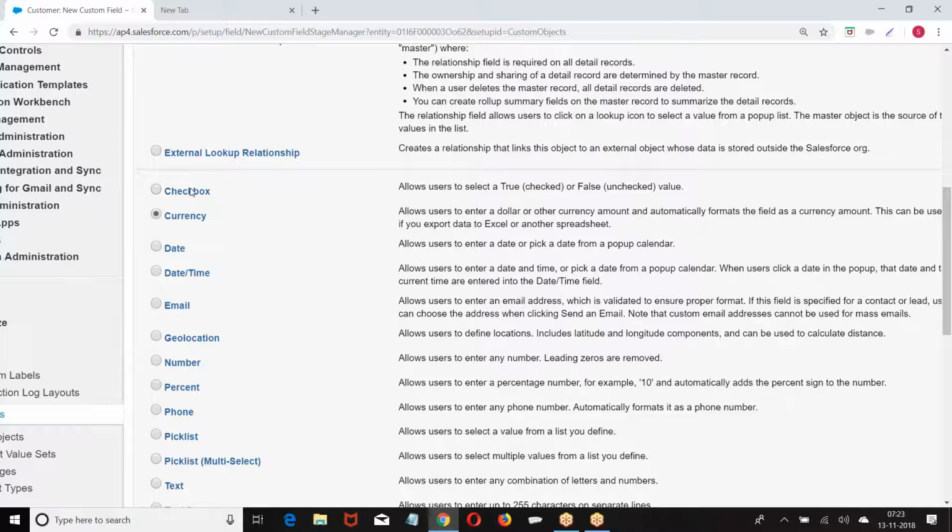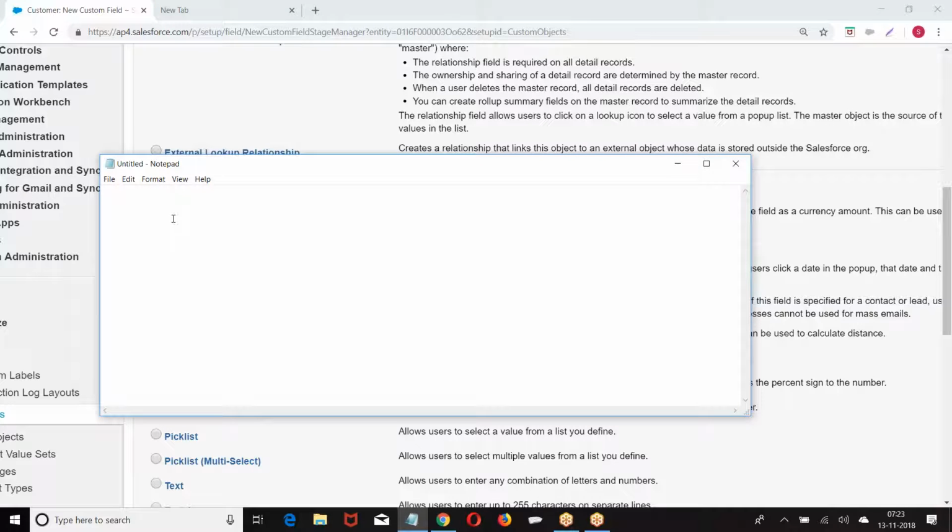For the currency data type, the maximum length is 18 digits. Out of the 18, it is the length of the integer part plus the decimal part together. So when I have 10,000.23, that is 5 plus 2.